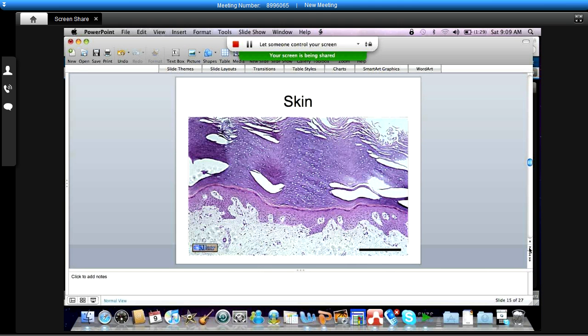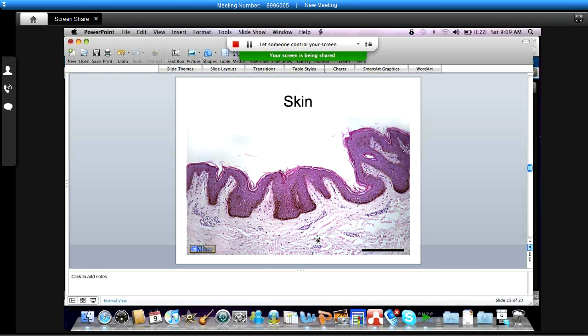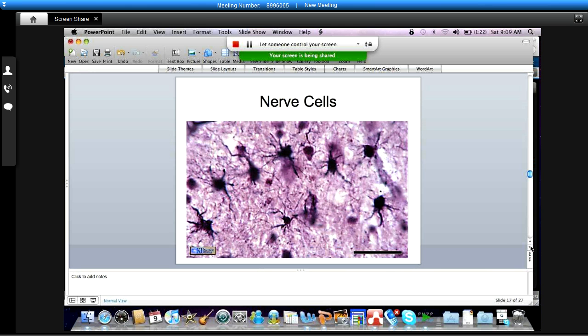Again, stratified squamous epithelial tissue as seen in the body. Now, this is the stratified epithelial tissue. And this is basically the thick area of cells, which, as you can see, are held together tightly by the junctional apparatuses here. This is the tissue structure on the surface of the stratified squamous epithelial tissue. Some melanocytes here. Again, I may ask you to identify melanocytes in the skin, and that's the pigmented portion of the tissue. Nerve cells, nerve tissue,